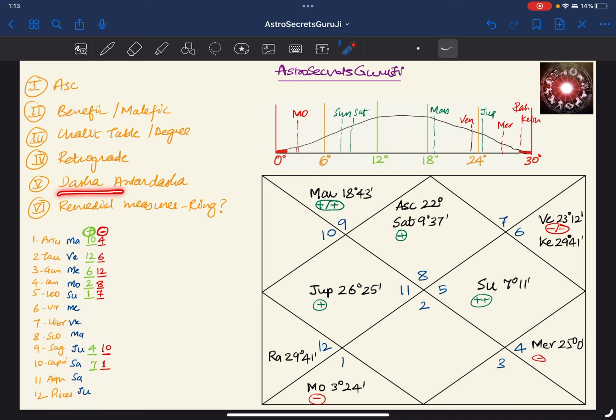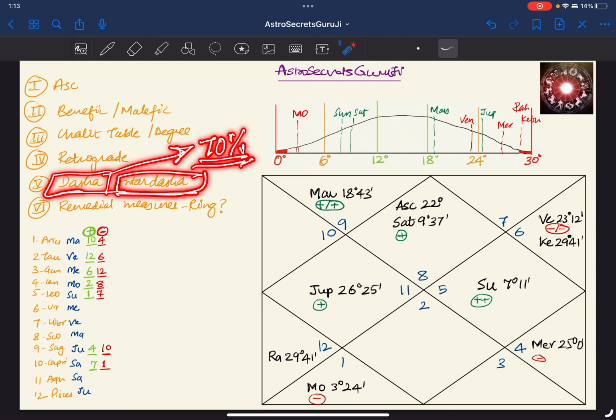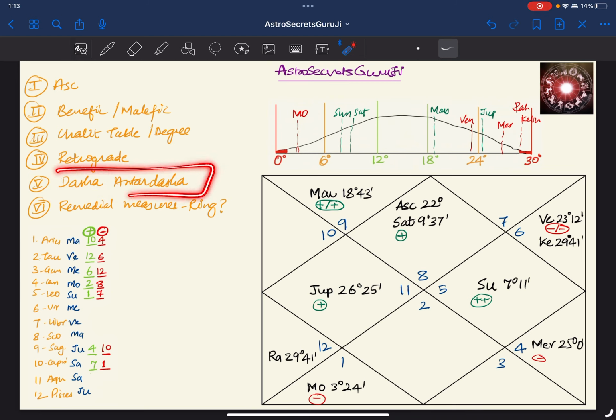So Dasha and Antar Dasha. Dasha gives you the majority of the result, around 70%, basis the planetary placement in your individual kundli. Antar Dasha gives you around 20% of the result, right? So combined, Dasha and Antar Dasha give you 80 to 90% of the result, okay? If you imagine it as a polynomial equation or a predictive model, you need to figure out what the Dasha and Antar Dasha are and how the different planets are going to impact